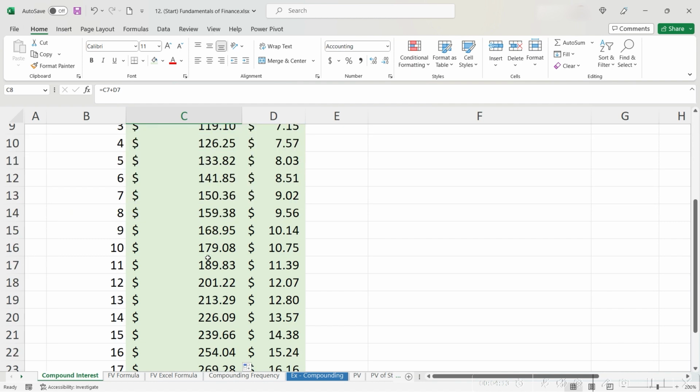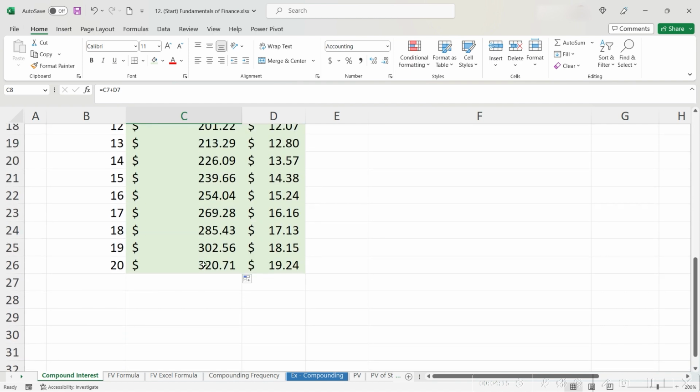If we scroll to the bottom, we can see that our balance at the beginning of year 20 is $320, a far cry from the $100 that we deposited into our savings account to begin with. The interest we earned in the first year was $6, and by the time we reach year 20, the interest we earned is